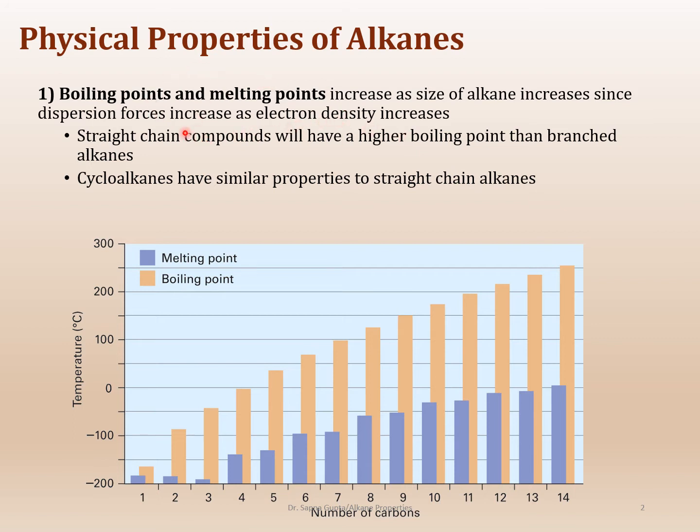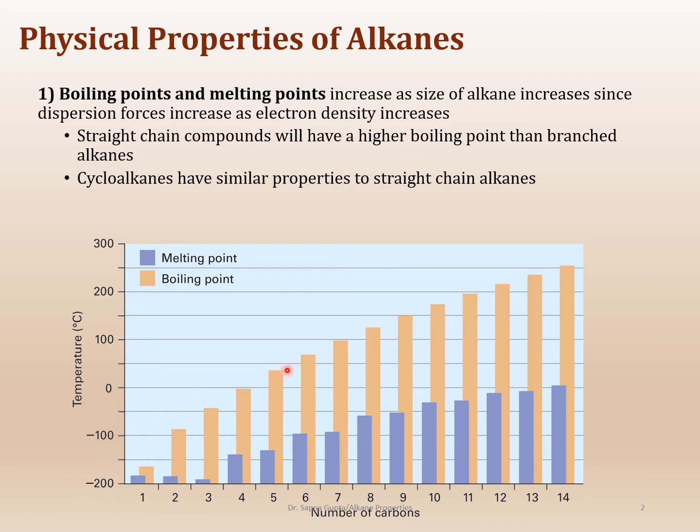So here what we're talking about is, of course, the size of the alkane. An alkane is CnH2n+2. So they really don't have any polarity going on with them. Essentially it's all dispersion forces that we are dealing with, so the intermolecular forces are really low, which means that the boiling points are going to be very low as well. So you actually start with gases. You can see here that the melting points and boiling points are really low, at minus 200 or minus 100.